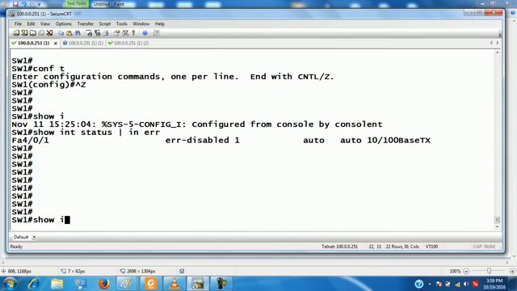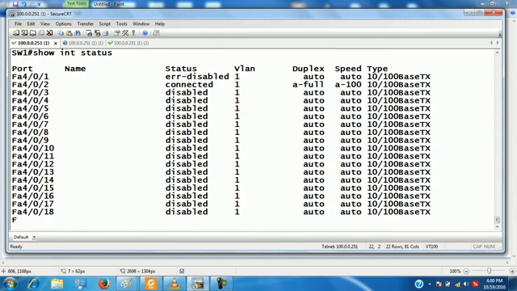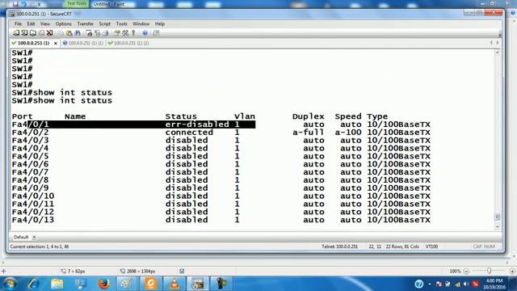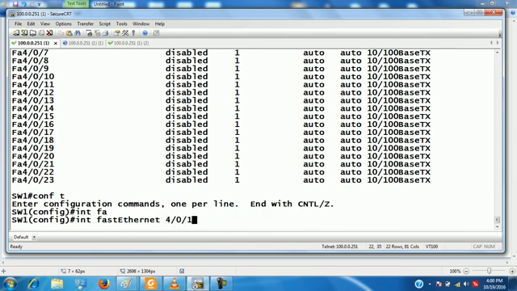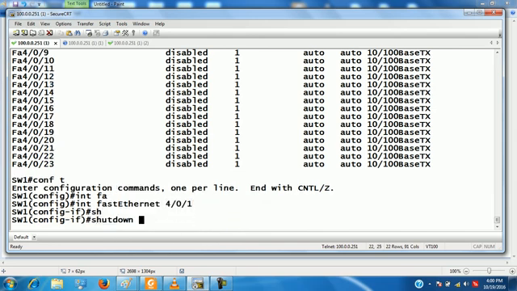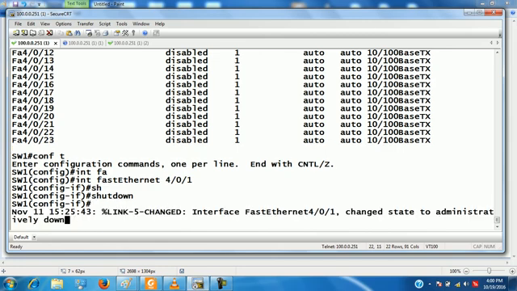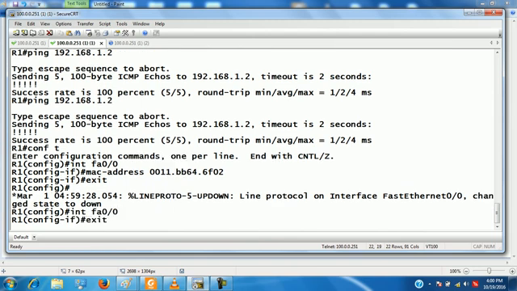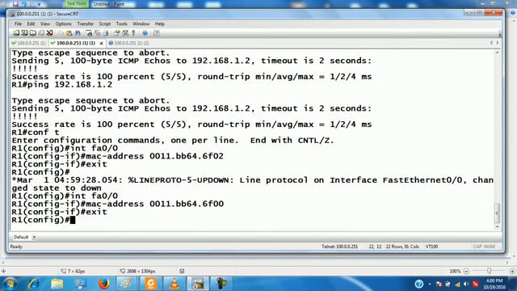Okay, by default the command is show interface status. You can see here port number 1 is in which state? Clear? Whenever a port is in error disable state, and you want to recover from that state, first of all you have to shut the port, then you have to no shut the port. Change the MAC address, otherwise the violation will occur again. Clear?